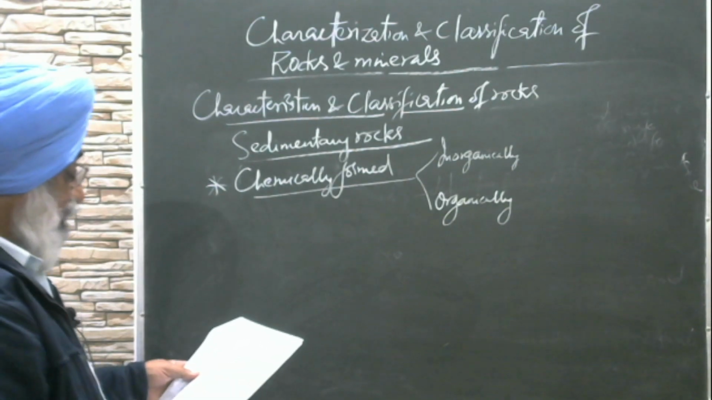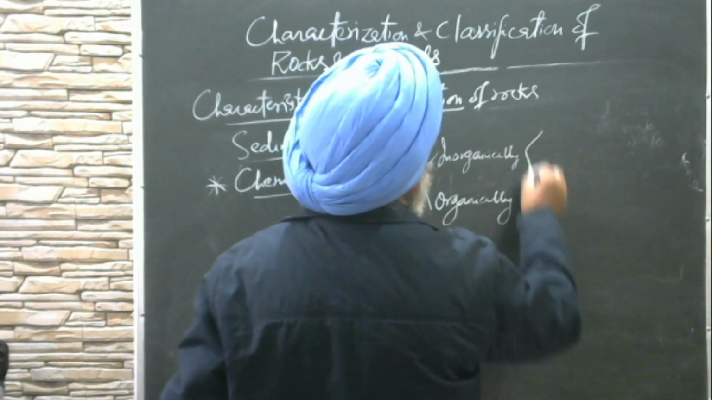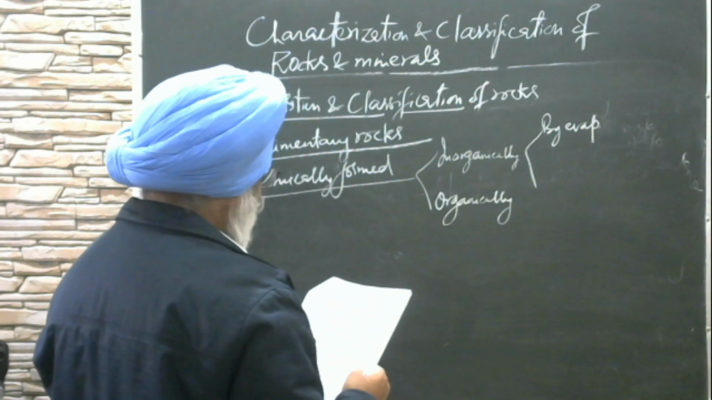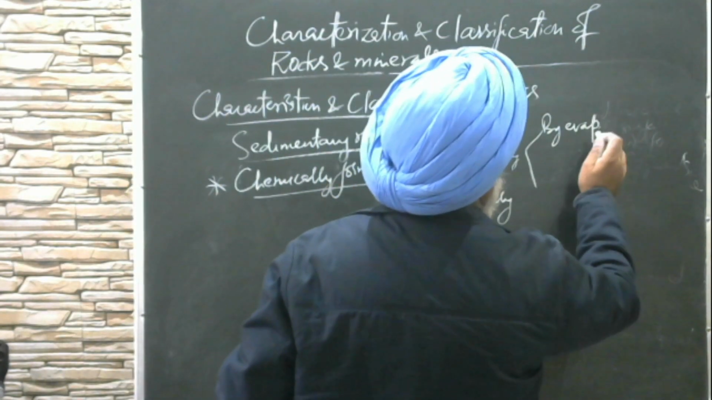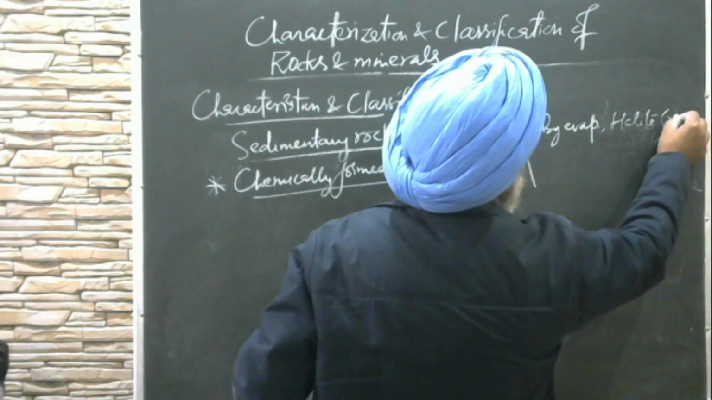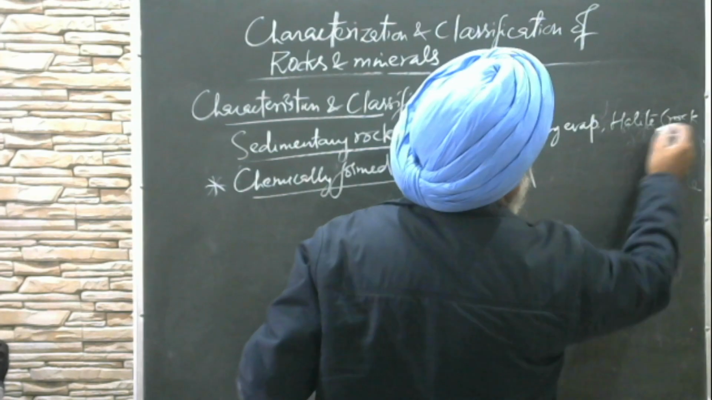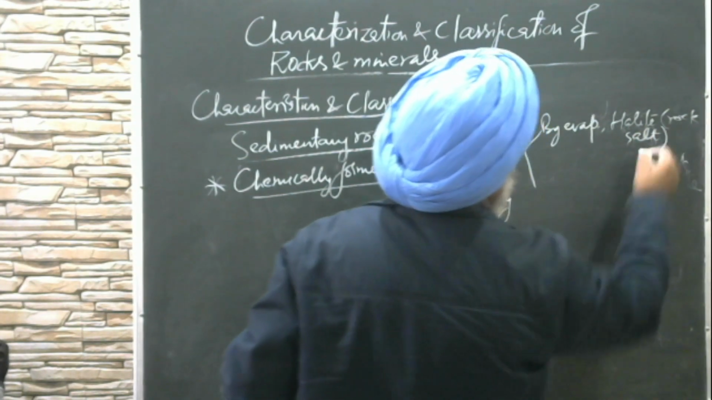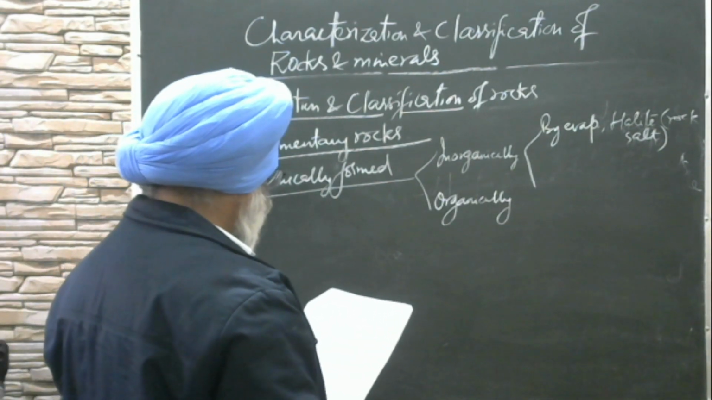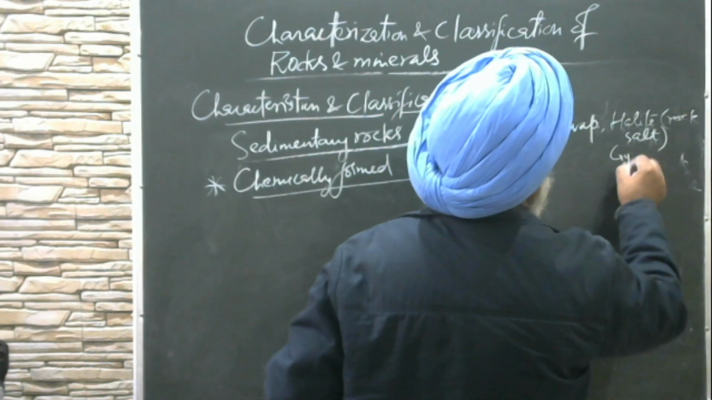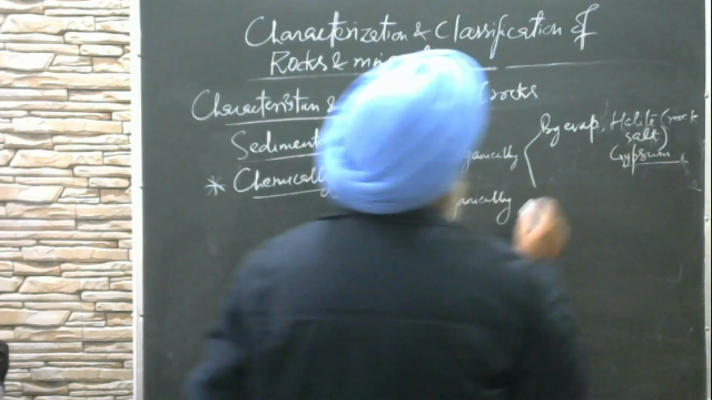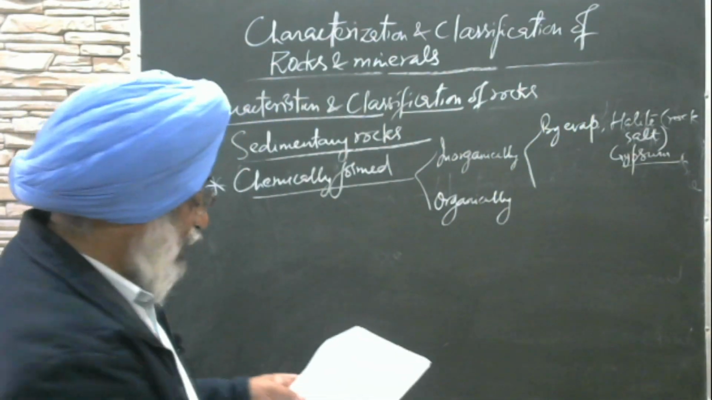So inorganically formed, it could be by evaporation, and examples are here halite. Halite is basically the rock salt. You might have seen this, very commonly found. And this is more soluble. And then the second example is gypsum. So the difference between these is this is less soluble, this is more soluble. So this is inorganically formed by evaporation,